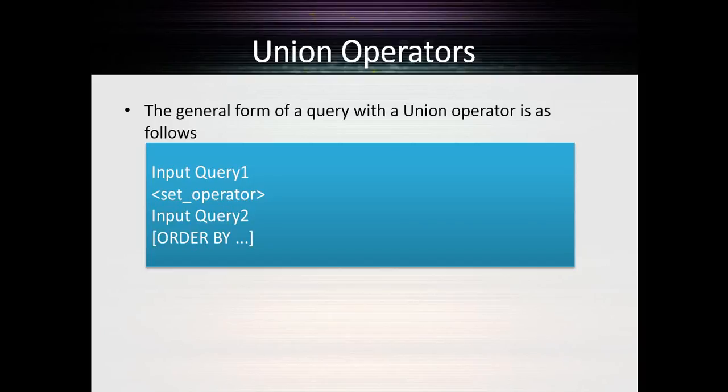So beginning with this session, we start talking about the union operators in MS Access. And as we have discussed before, a union operator is simply used to append two tables to one another. So if I have one table and I want to append all of its rows to another table, then I'm going to use a union operator instead of a join operation, which is actually putting one table beside